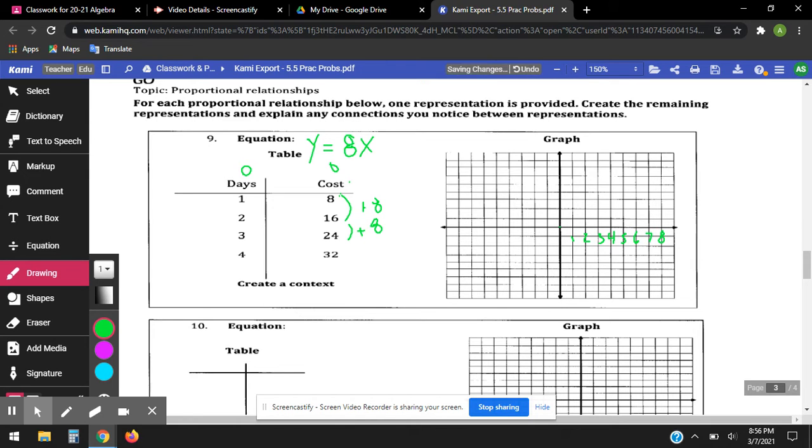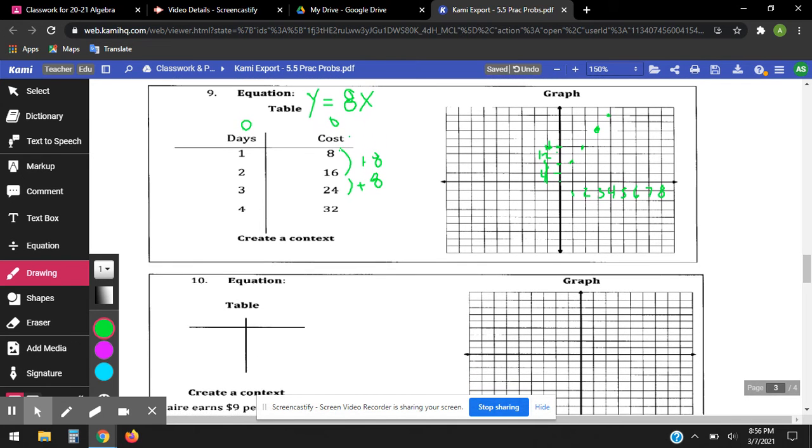And let's go 4, 8, 12, 16. So let's count by fours on here. It's getting kind of crowded. Let me see if I can draw this a little bit better. 4, 8, 12, 16. So I'm going to go 1, 8, 2, 16. 3 would be the next one. 4 would be up here. Okay. And it is not connected because